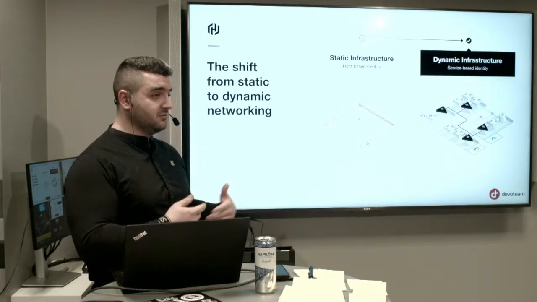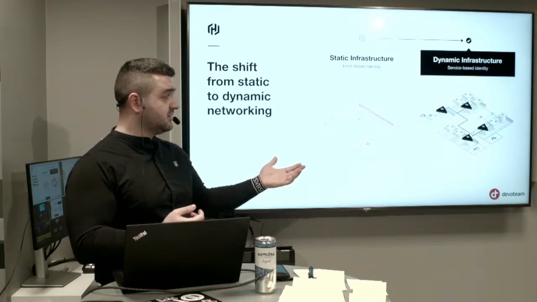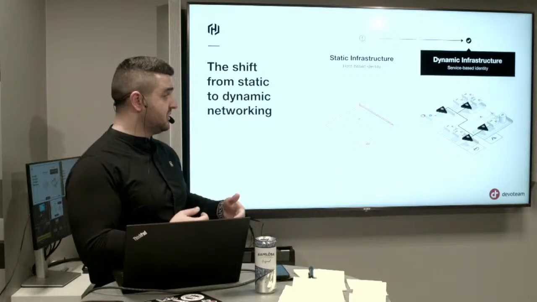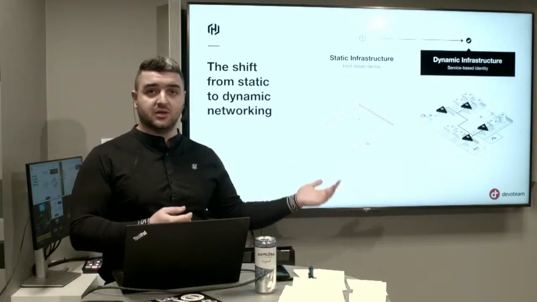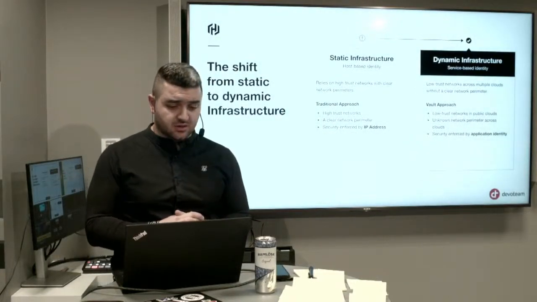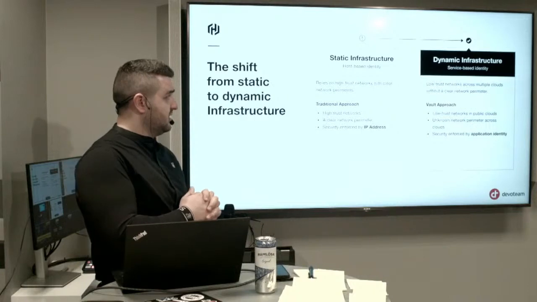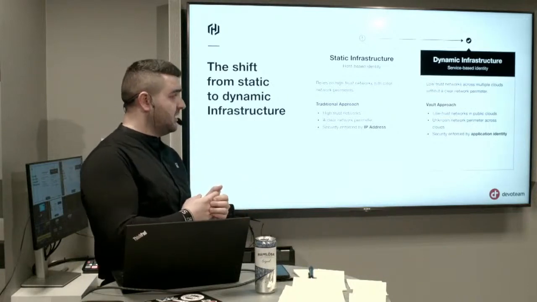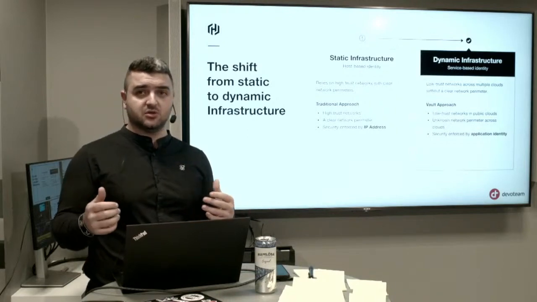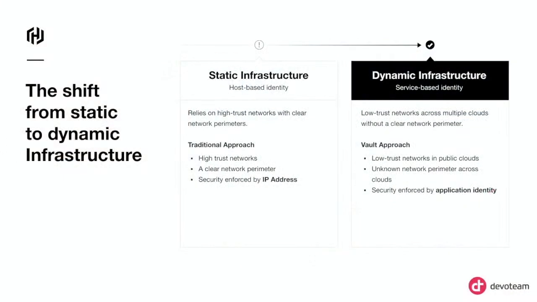All right? But moving further with advanced dynamic infrastructure, there are more challenges to face. Things like, hey, I have my hybrid cloud, multi-cloud, and so on. So what is actually happening? Then you have this static infrastructure where you can have high trust networks. You can say, hey, my application has an IP and my network design is making sure that only those IPs can talk to each other. But when you move to dynamic infrastructure, that's not the case. So it is really harder to say, hey, I have an IP that can talk to each other.